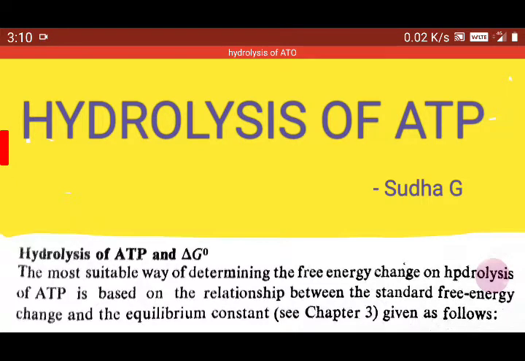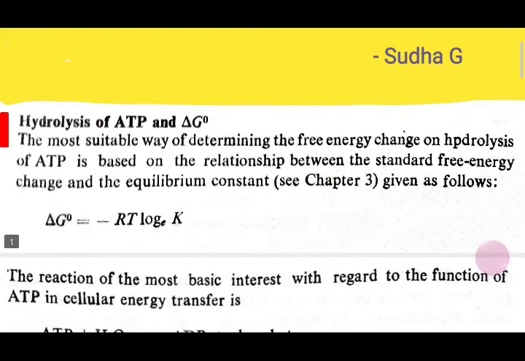After discussing the structures of ATP, ADP, and AMP, that is adenosine triphosphate, adenosine diphosphate, and adenosine monophosphate, and the energy currency of the cell, we know that the energy currency of cells are ATP molecules, which furnish a large amount of energy. So today we will discuss the hydrolysis of ATP and the free energy associated with the process.